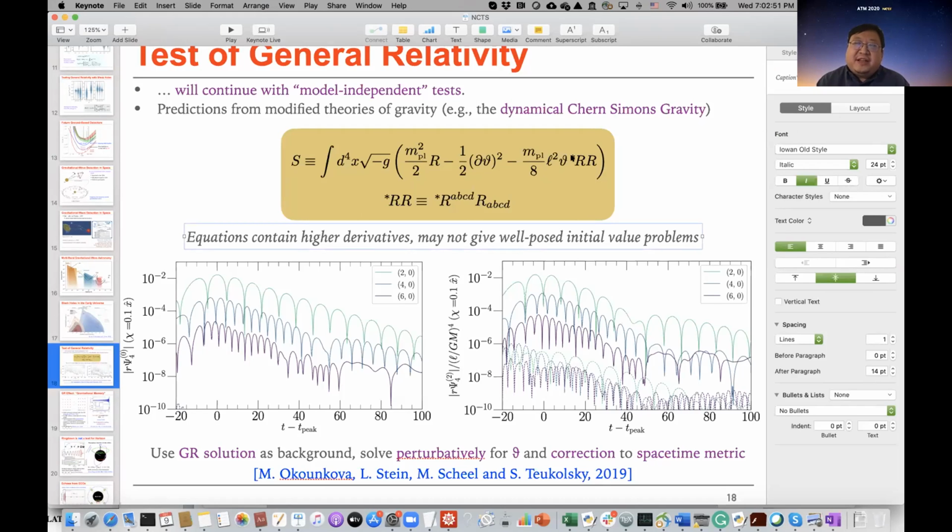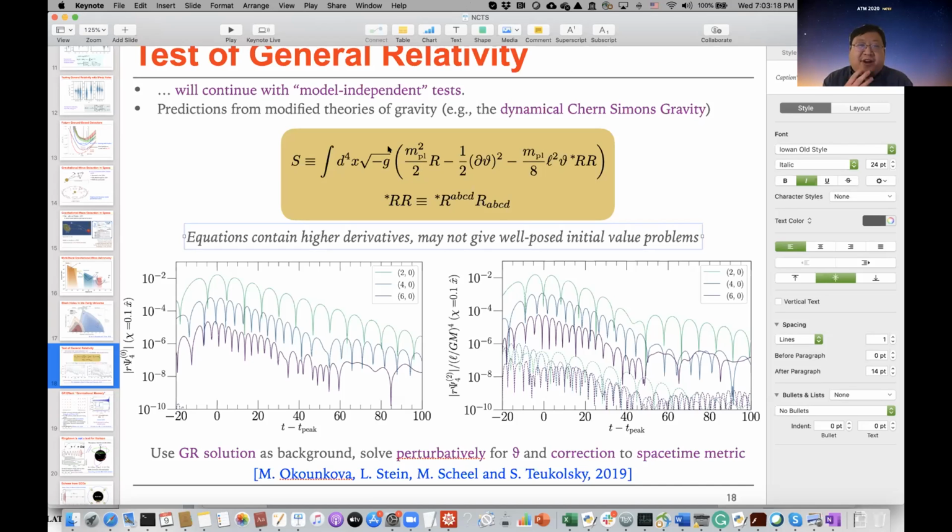So I think from the EFT point of view, you may say, yeah, these are perturbative terms, which are maybe not supposed to become the dominant contributions in your calculation, and therefore they should be treated perturbatively. On the other hand, if you have a merging binary black hole, you don't want to be completely doing perturbation theory, because even in general relativity, you have nonlinearities within the R term.